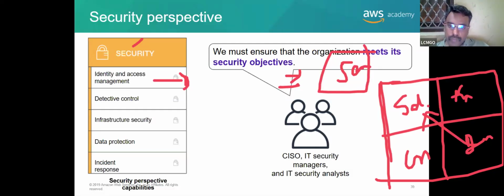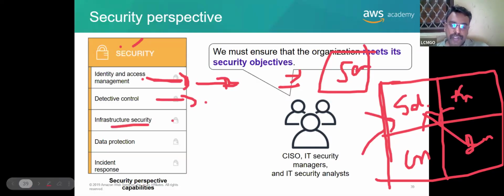No, right? So everyone should be restricted. That's what security is. First, identify and give them access. Identify whether he is a correct person to access this file or folder, then we'll give access. Next one, detective control. If somebody tries to access, what do I have to do? I have to take control.